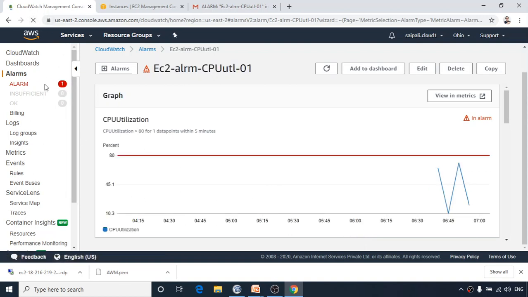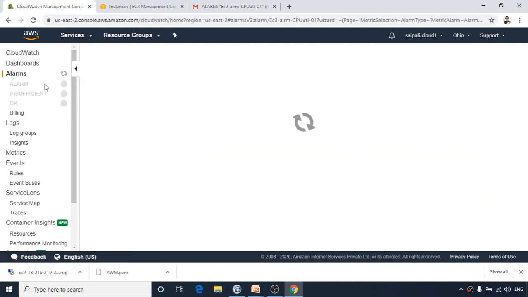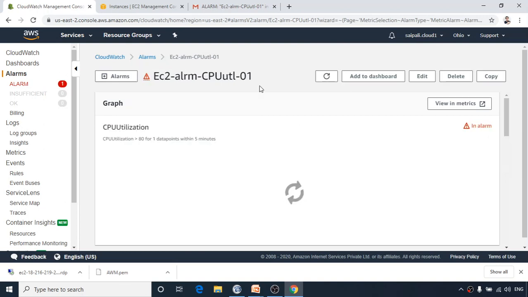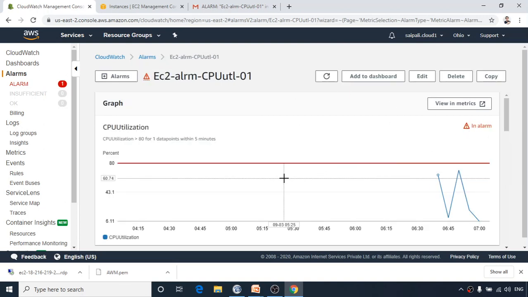Refresh it. It will take some time to remove this status, but at least one effect you can see now. It is telling that the condition has been set that if your CPU utilization goes more than 80 for one data point within 5 minutes, then it is going to generate the alarm.